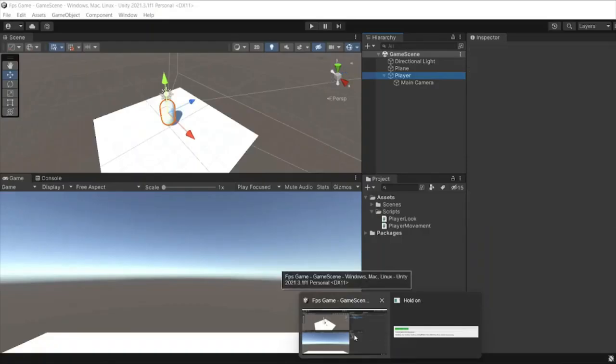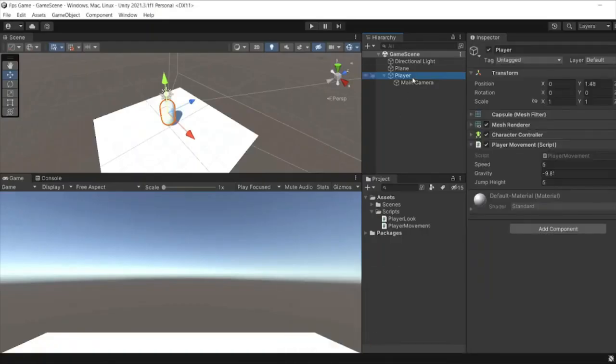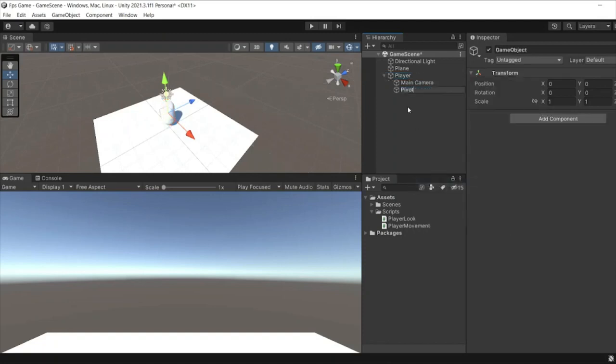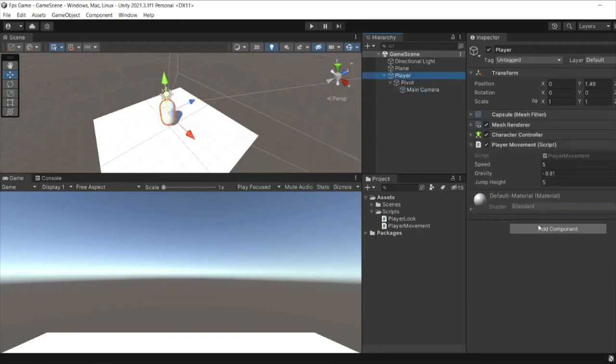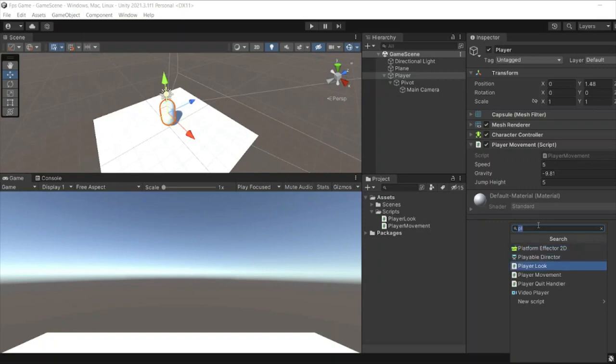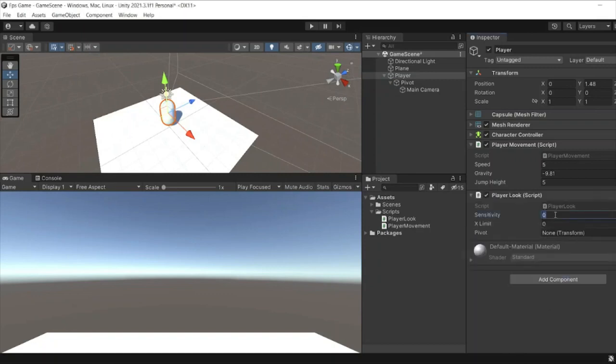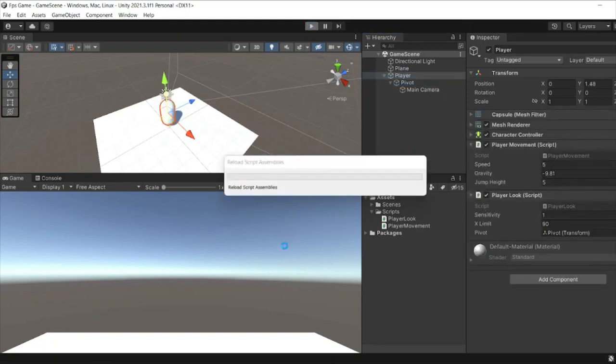Now let's go back into Unity and let's create our pivot point. I'll call this pivot. And this is very important: the main camera must be a child of the pivot. And then we can add our PlayerLook. Let's set our sensitivity to 1, and our X limit we'll just do 90. And then we'll set our pivot to be this pivot transform we've just defined. And now if we run it,